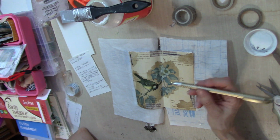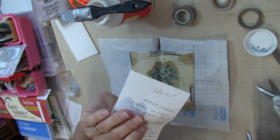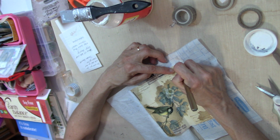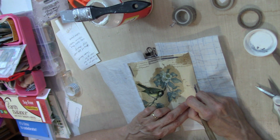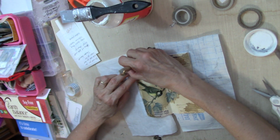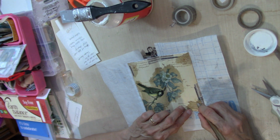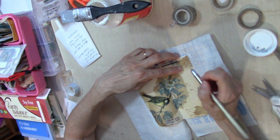So what I thought I would do, this is just a little gel pen from Dollar Tree, and it's gold and it's really pretty. So I thought maybe what I would do is just some really quick doodling. I can just maybe doodle a silly little flower. Her stickers were flowers or whatever. So I'm just going to do a little bit of doodling on here, and I'm trying not to wreck my pen because the media is still wet, and you know how that goes, right? So I'm just making some really sloppy doodles, but I want the gold to kind of show. And these pens, I told you before, these ones from the Dollar Tree, the 2-pack, the gold and silver, they're fantastic. And I think maybe what I'll also do is a tiny little bit of